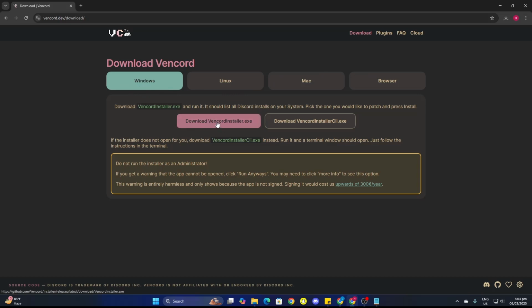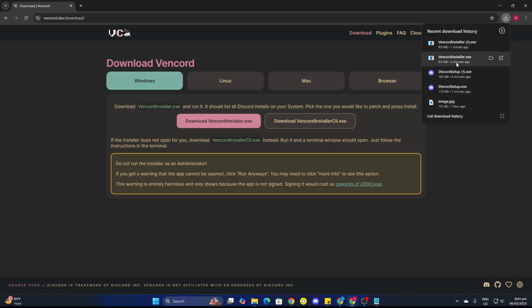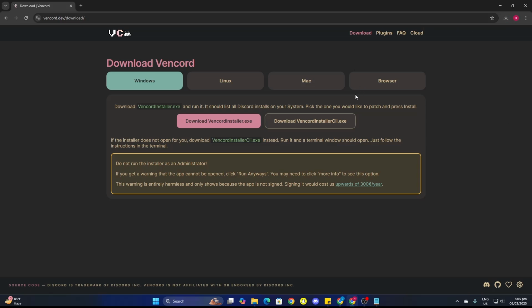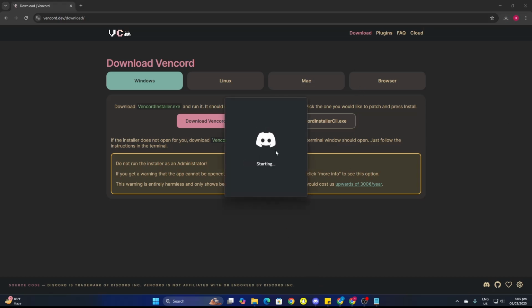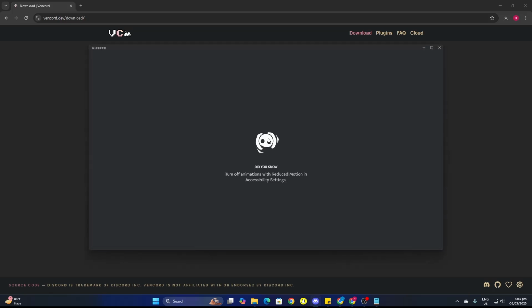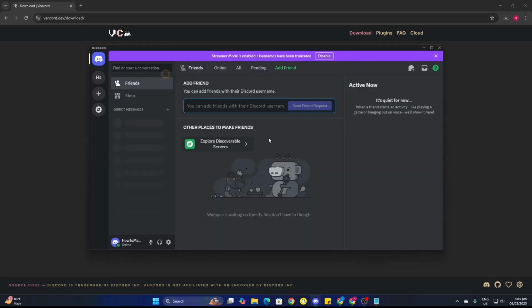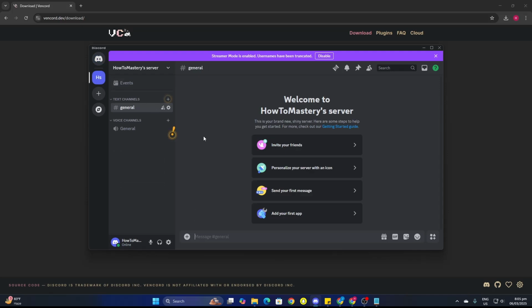Then after downloading the installer, you can see the installer here. So just click on the installer and then install it. Okay, so after installing it, you just need to open Discord. Okay, now let's just wait for it to open. Now once you've opened your Discord, you can just go to one of your servers, and then just need to